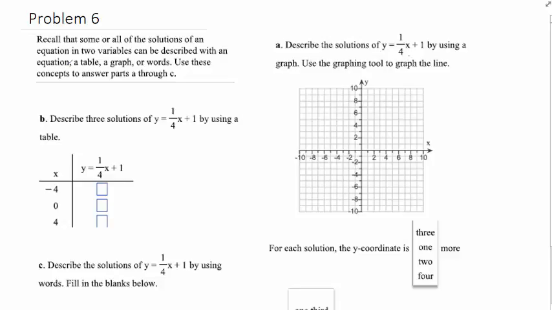Use the graphing tool in the number line. So we will graph this and take advantage of the slope-intercept form, where the slope is 1/4 and the y-intercept is 1. So what we can do is start with 1 here, and then our slope is 1/4. Rise goes 1, so if we rise up 1, and then 1, 2, 3, 4, then we have our second